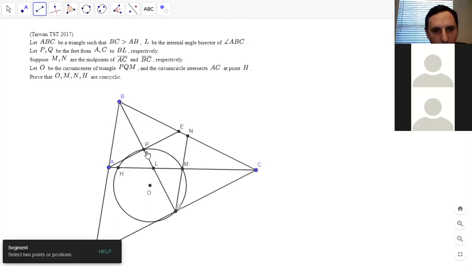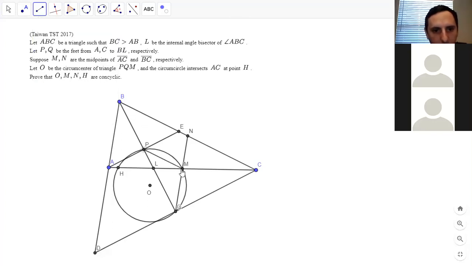And QM is parallel to AB. So PMQ has two sides parallel to ABC. It almost feels like I want to extend these two. I don't know if it'll do anything, but